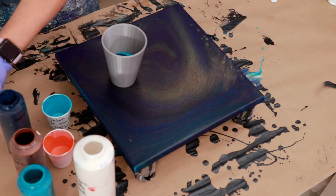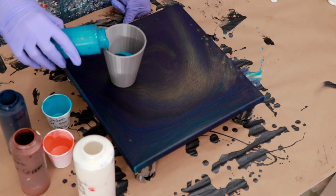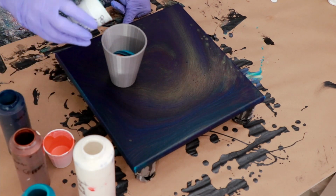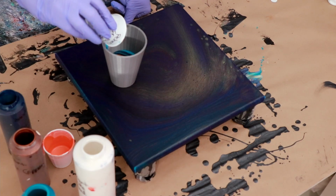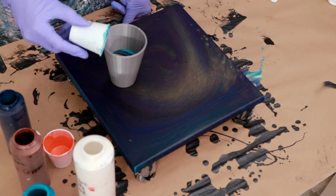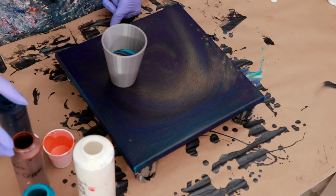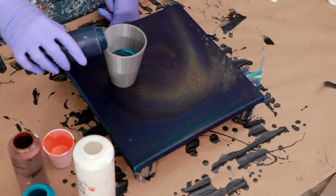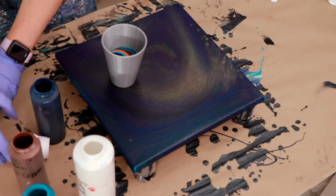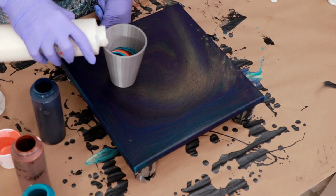So I had an issue with that, and usually if I do, I just add a little bit of that golden PD 800. If you're having an issue, go ahead and try it. And you don't need a lot. I mean, depending on how much paint you are making, but just for like 4 ounces or so, a tablespoon would be all you might need. So it's not like you need a ton. All right, and I'm just going to continue